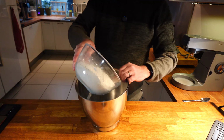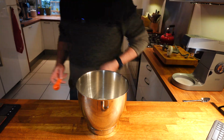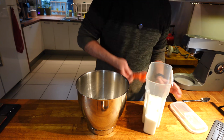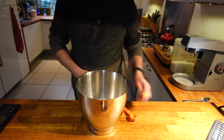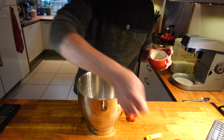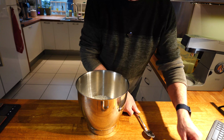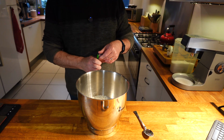540 grams of bread flour, add a tablespoon of granulated sugar, there we go, and 2¼ teaspoons of salt. No, 2½ teaspoons of salt, sorry. 2½, and then a packet of instant yeast,